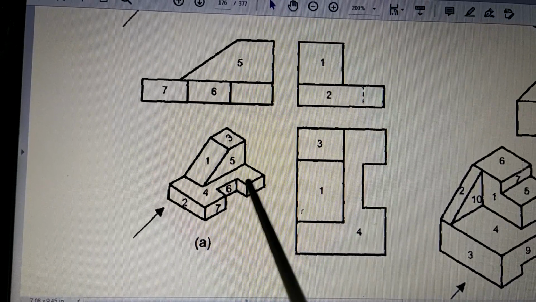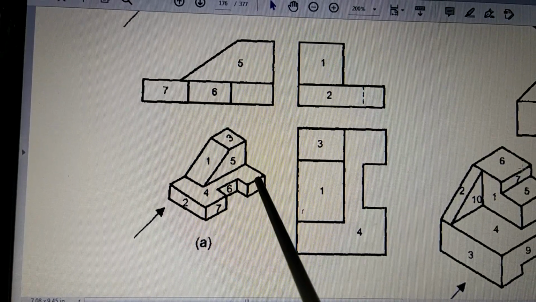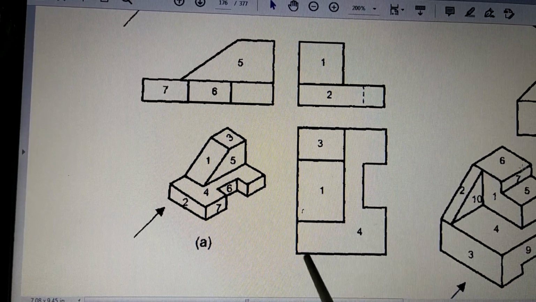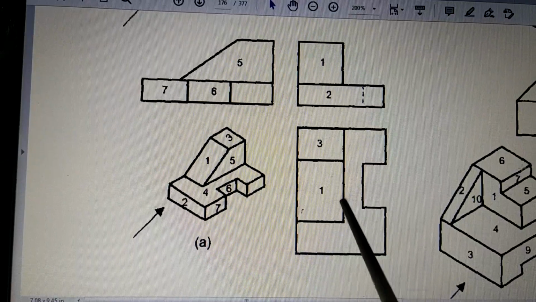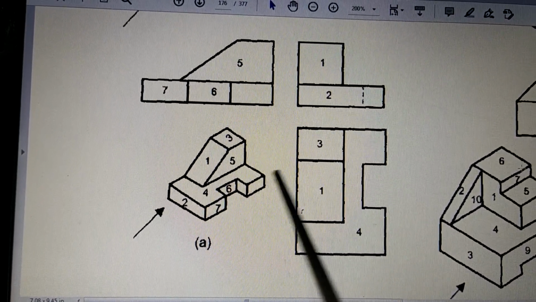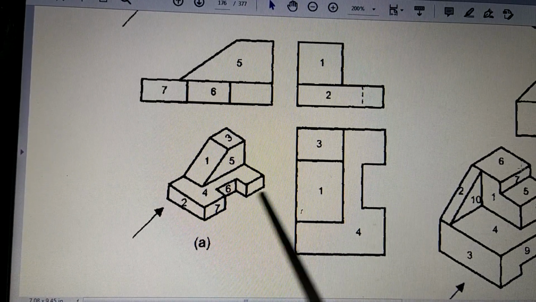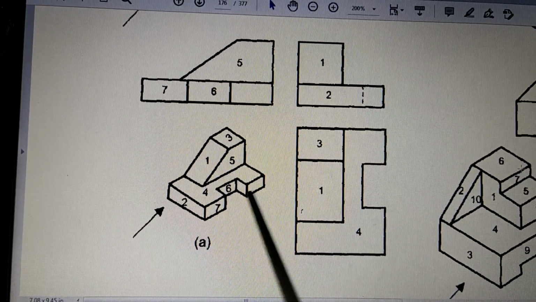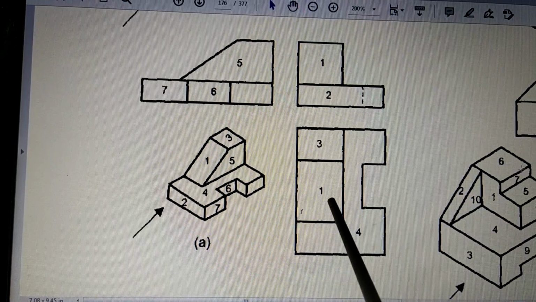So basically it is a box-like shape. In this box shape there is one cutout here, and on this side there are 3 and 1, which are shown like this. So that becomes the top view. Now if you are given the dimensions, it becomes very easy to draw. Right now we are just trying to learn how it is seen.